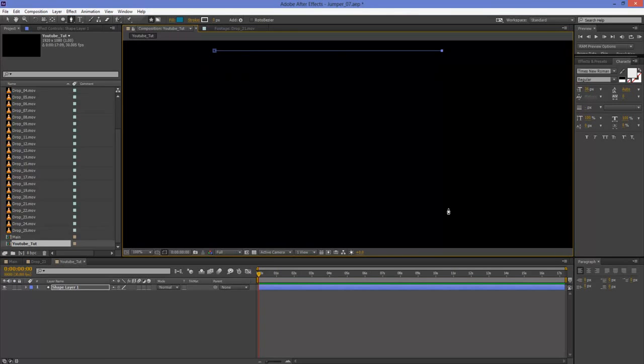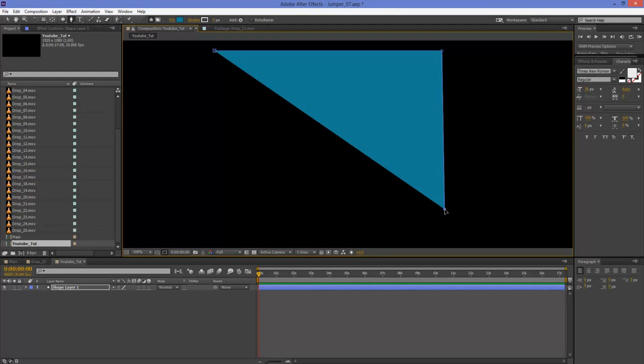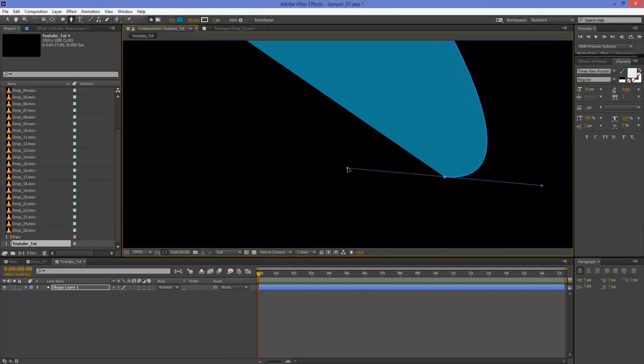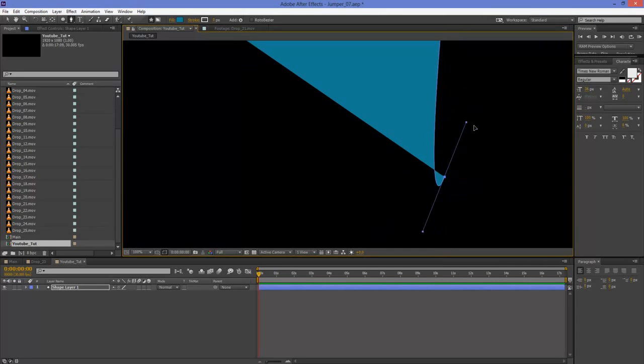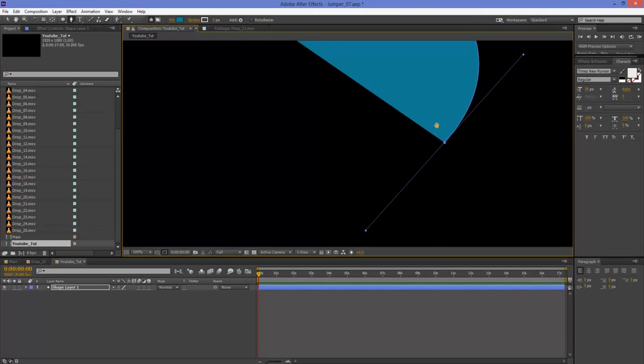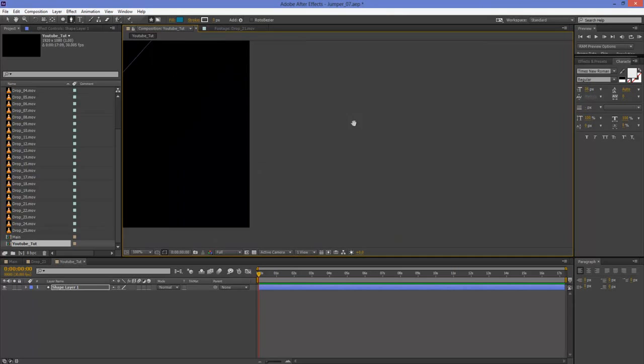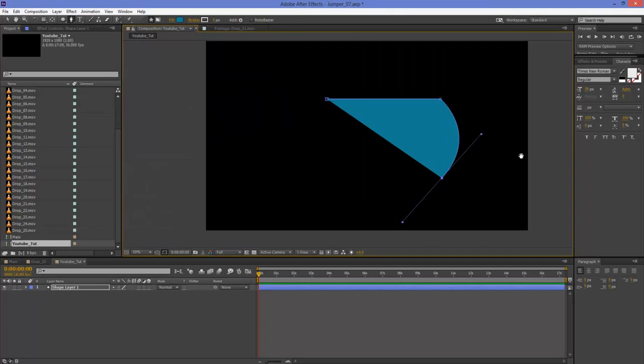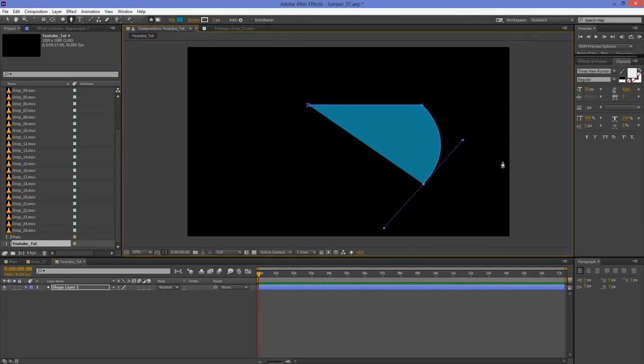So I'm just going to continue, and this time when I'm clicking and creating a node, I'm going to click and hold, so that basically creates a node. But this time, instead of letting go, I'm actually going to move my cursor to create these two handles. Now you can see the handles help me to create a proper curve, and curves are something that you will use a lot when you are doing complex masking, because you simply cannot have everything made out of straight